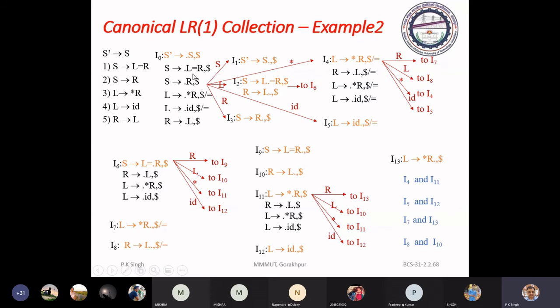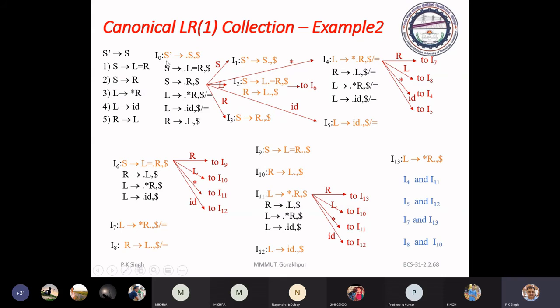Go to I0 L will give S to L dot equal R. Go to I0 L may be applied here also, because you have L after dot in this very item as well as in this item.